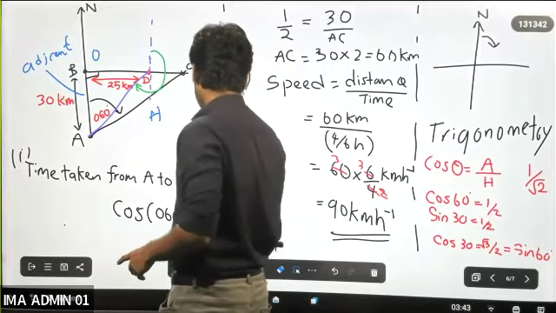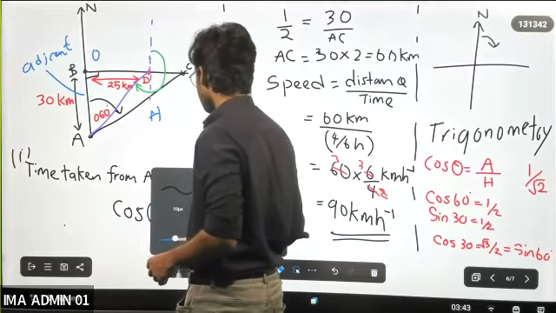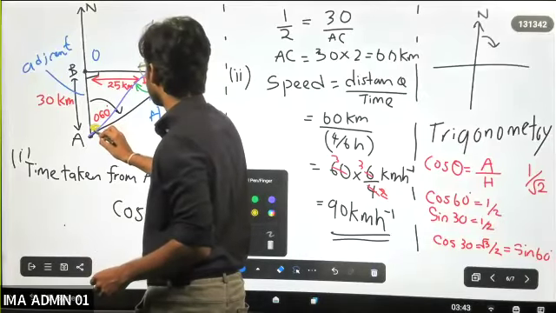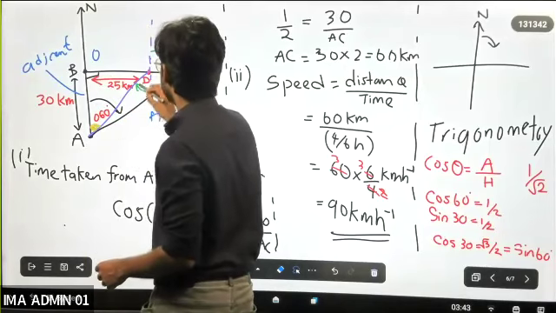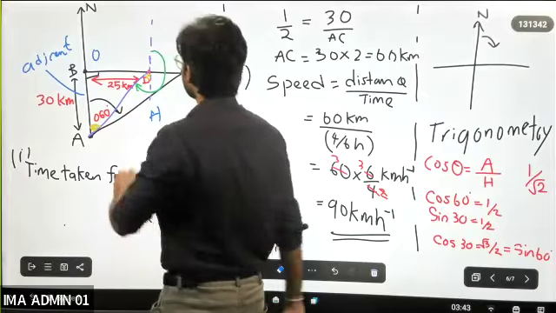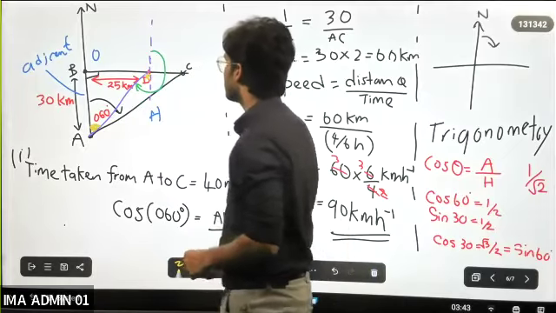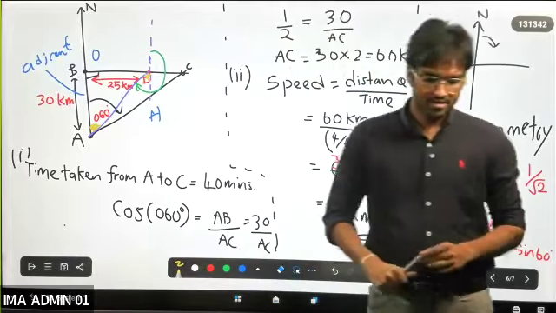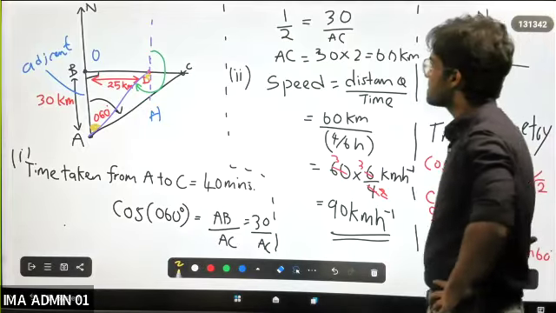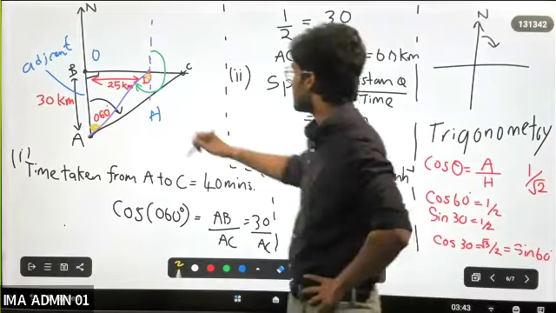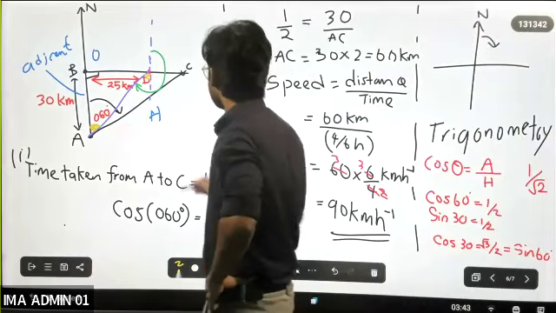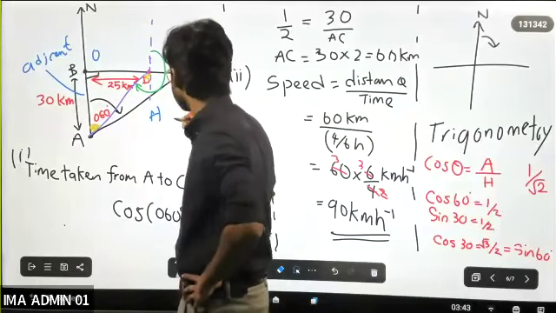But if we could find out this small angle, right? BAD. The BAD will be equal to this angle, no? Why? These are vertically opposite angles, no? So basically we have to find this angle. So in a nutshell, we have to consider this